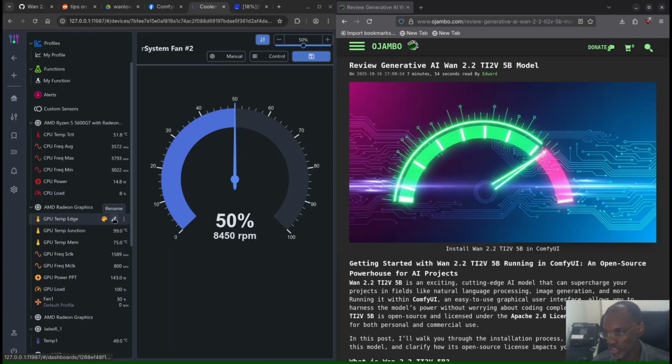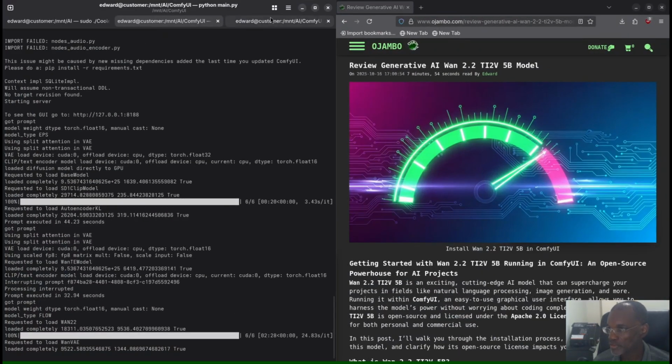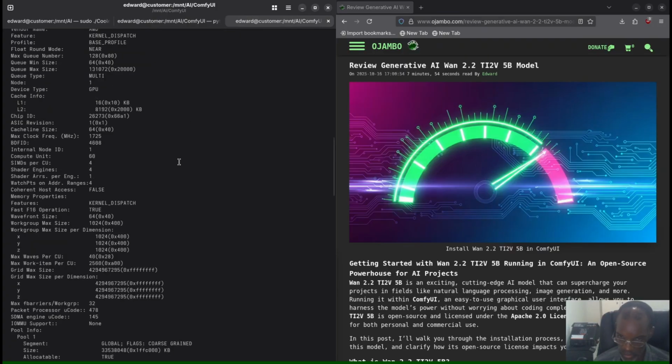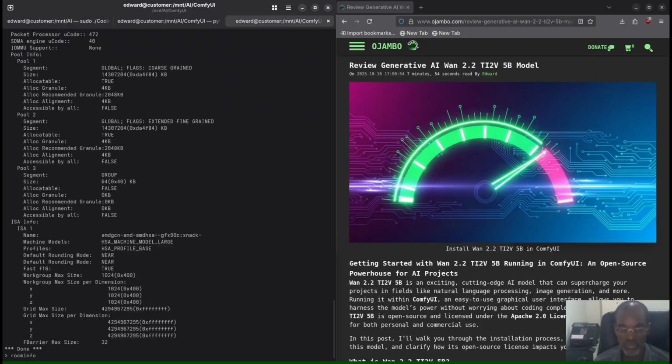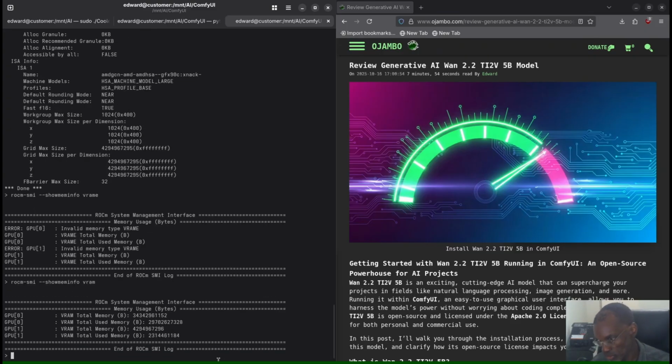Okay, so let's find out how much VRAM it's actually using. Maybe I don't have enough VRAM. That could be it. So I'm gonna go to the command line here, and I'm gonna type rocm-smi, and then --showmeminfo vram. Okay, so as you can see here,